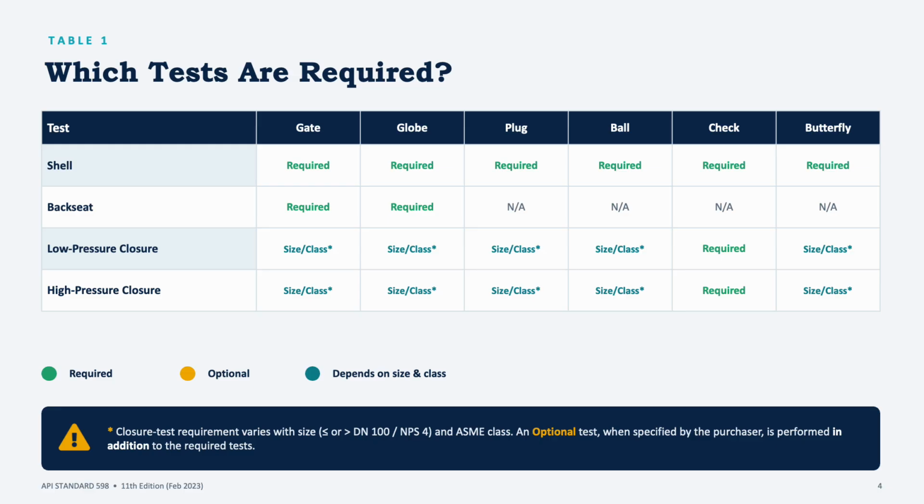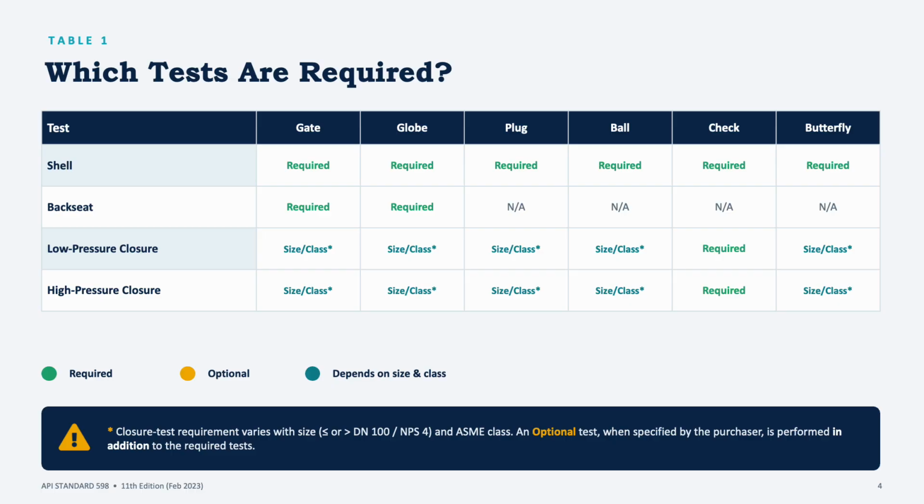Which tests are required? As you can see in this table, for the shell test, gate valve is mandatory, globe valve is also mandatory, plug valve is mandatory, and ball valve, check valve and butterfly are all required to do the shell test. Backseat test is required only for the gate and globe valve. Low pressure closure test